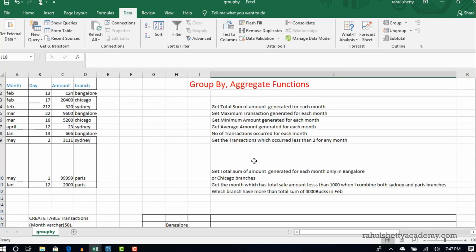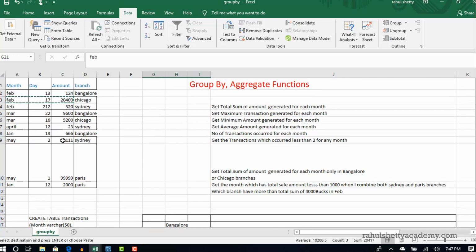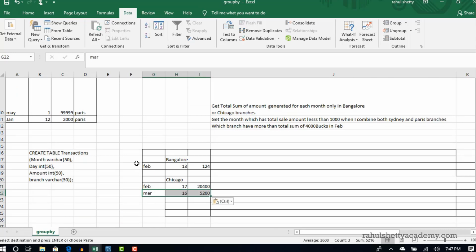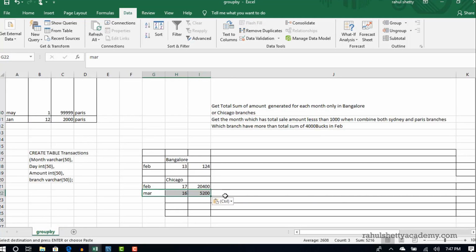Chicago, and this is one transaction. This is when I say group by Chicago, right? That's why all the Chicago records are grouped and all that related will come under one group. That's it. So there are two records, and now we should use where again to eliminate March, so that group by will only return this.